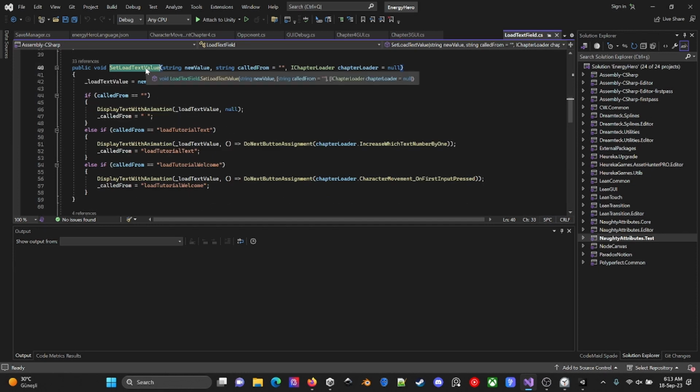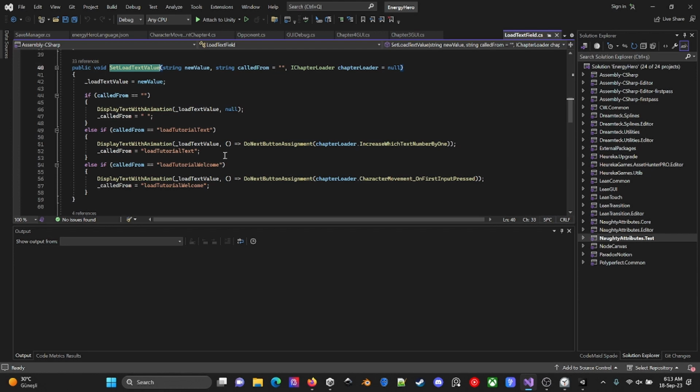This is my method and this is my callback function. This callback function is assigned when I ask Unity to get the text values from the JSON file.